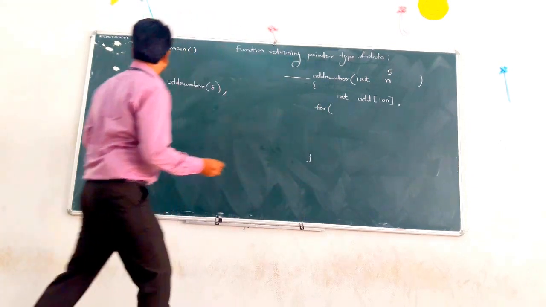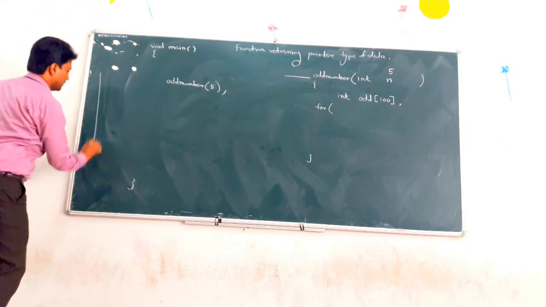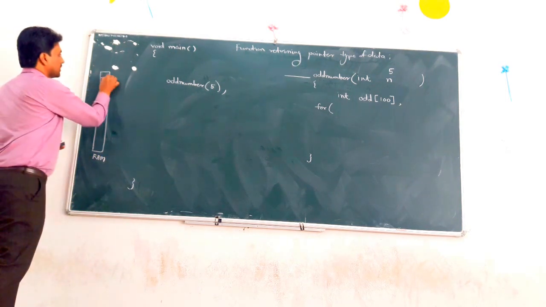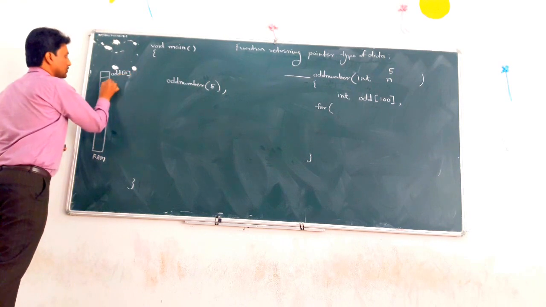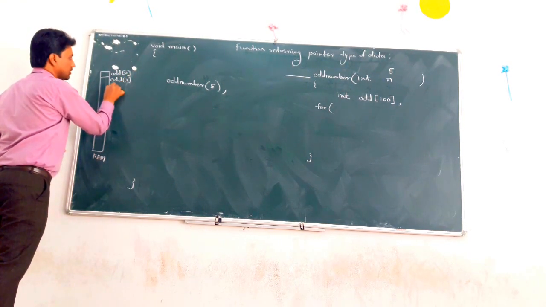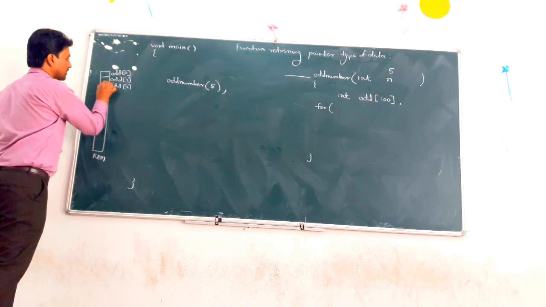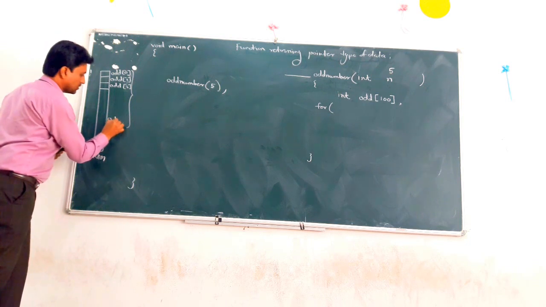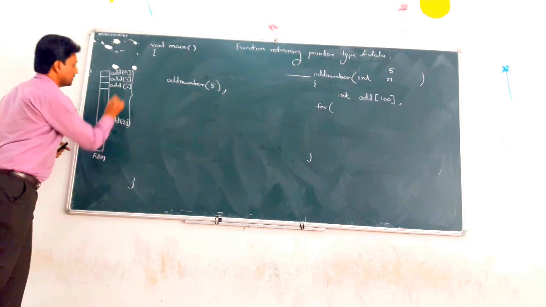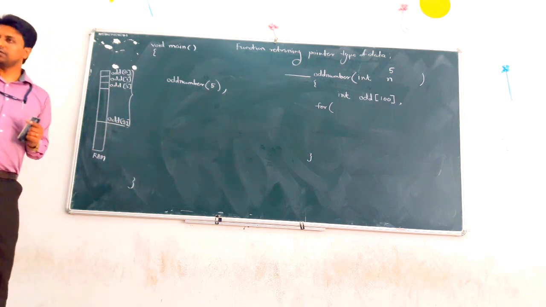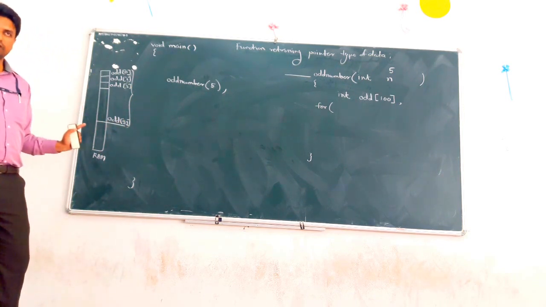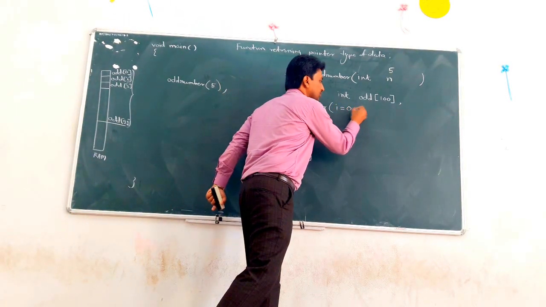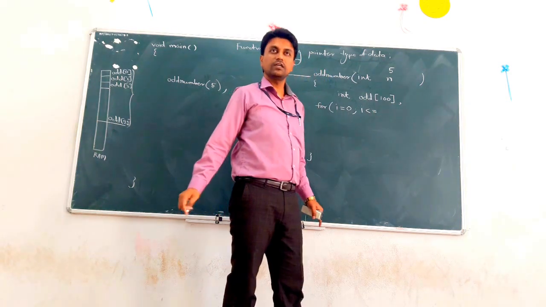For that we can show memory management here. This is our RAM, random access memory, which starts from odd of 0, the index 0, odd of 1, odd of 2, till the last, odd of 99. This is the odd numbers array. Previously there were garbage values.